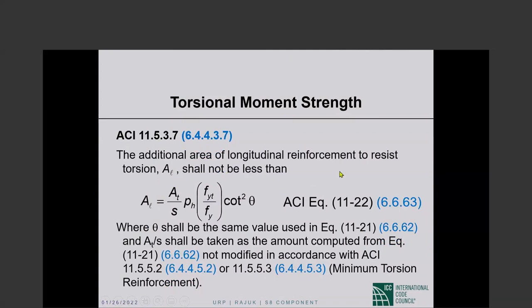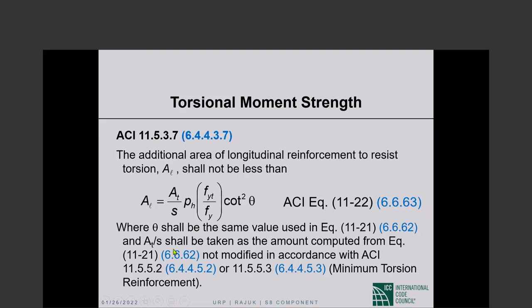Okay, so we have closed transverse reinforcement A sub T, and we have the additional longitudinal reinforcement, additional to whatever we need for flexure and axial loads. Okay. A sub L shall not be any less than given by the right-hand side,